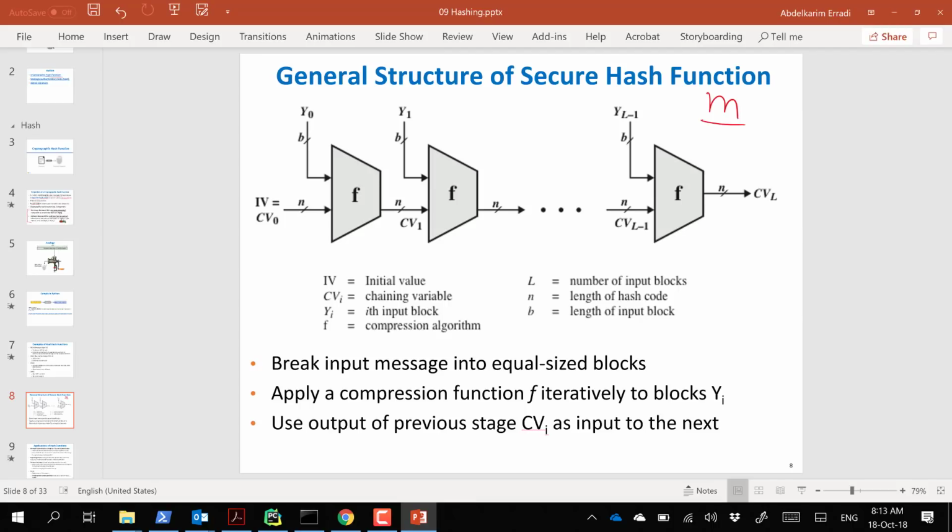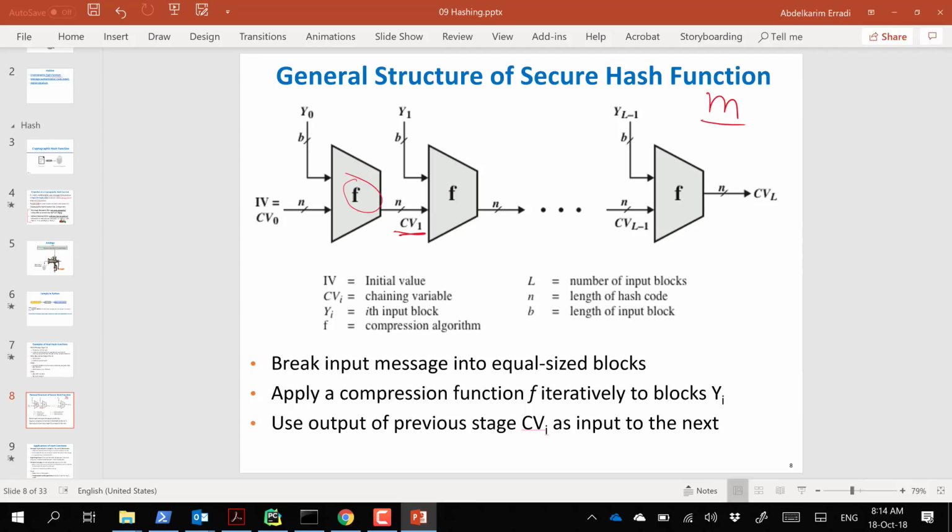Like for example, for DES, for encryption, we use a block size of 64 bits. For AES, we use a block size of 128 bits. In here, it depends which algorithm we're talking about. So you chop it into blocks, and then for each block, you pass it through a function, a compression function. That block will be compressed, and from it you produce an output that has the size of the